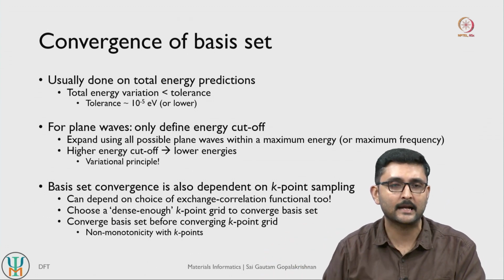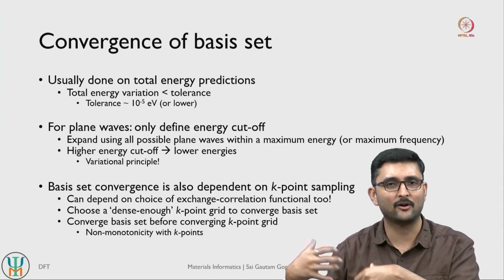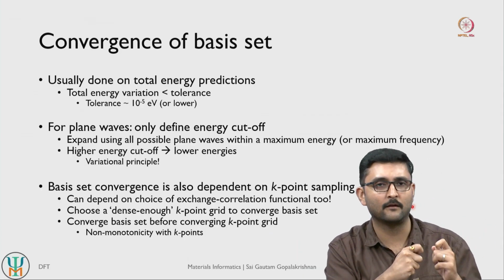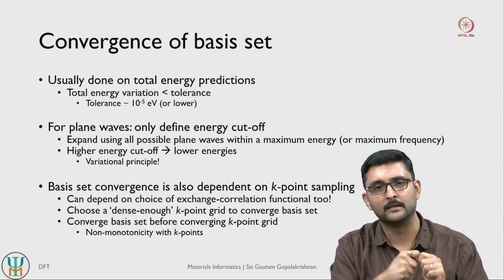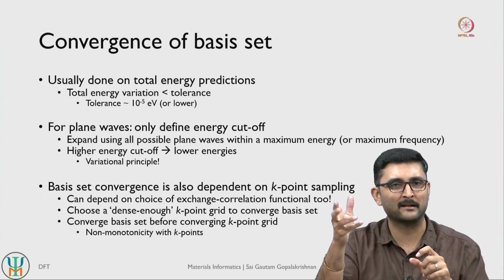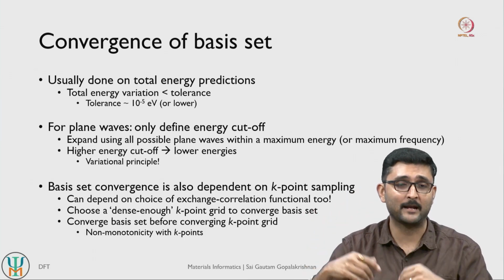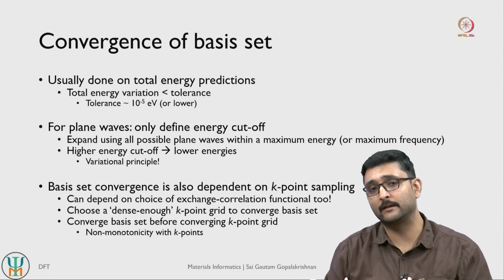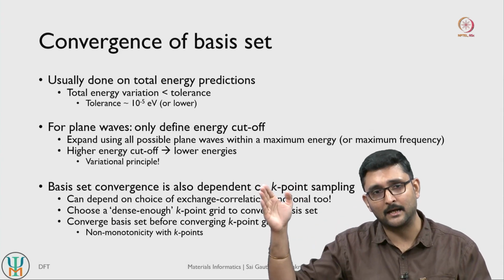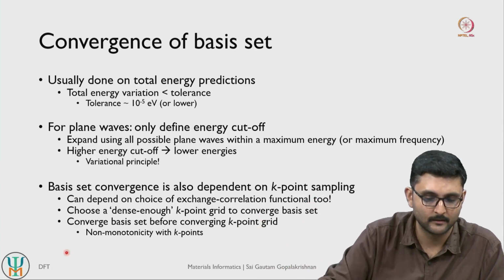SCAN does it through kinetic energy densities. Since it has to represent kinetic energy densities also, it requires generally higher energy cutoffs compared to, let's say, an LDA, where the exchange correlation functional is only a functional of the density at a given point. If you are only representing the function at a given point, then you require fewer parameters to numerically represent that function. If you want to represent the gradients also, you require more parameters. If you want to represent the curvature, the Laplacian, you require even more parameters. So as you go from LDA to GGA to meta GGA, you will require a larger basis set to reach the required convergence, right?